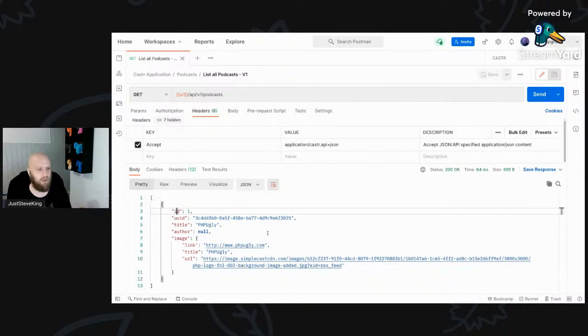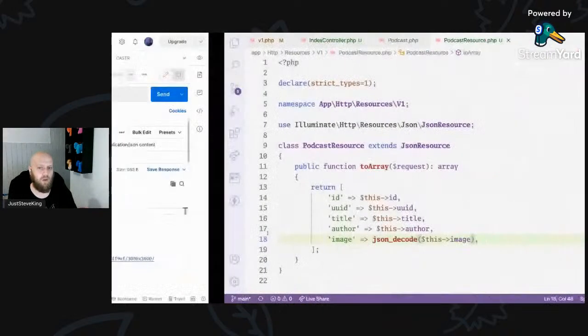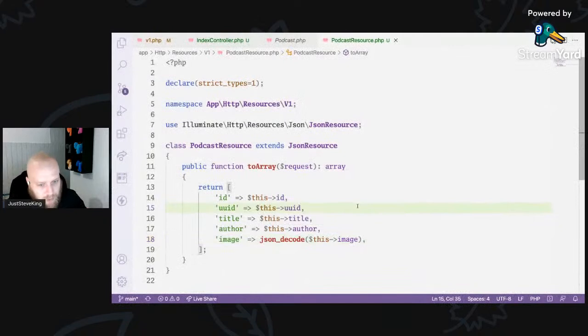You're controlling that response. You're not replicating the database design exactly. You're choosing the parts that you want to be able to show, and that's fine. You can just do that. However, you can take it a step further. What happens if you want to include relationships? What happens if you want to say, okay, we want the author, the owner of the podcast, and we want that to be